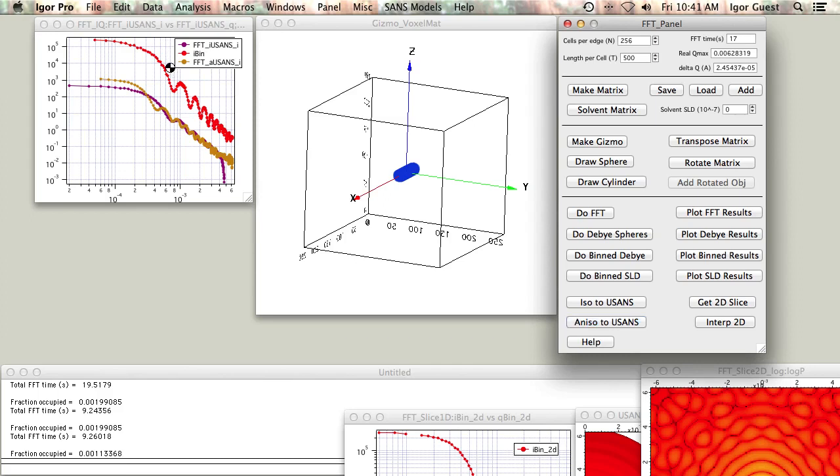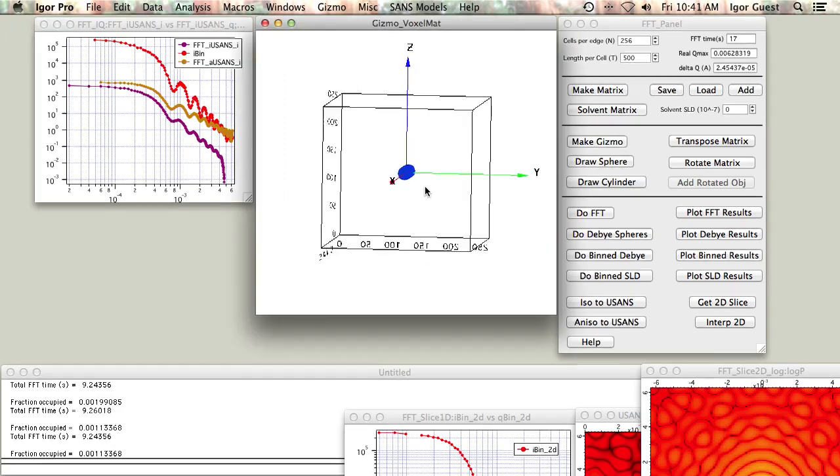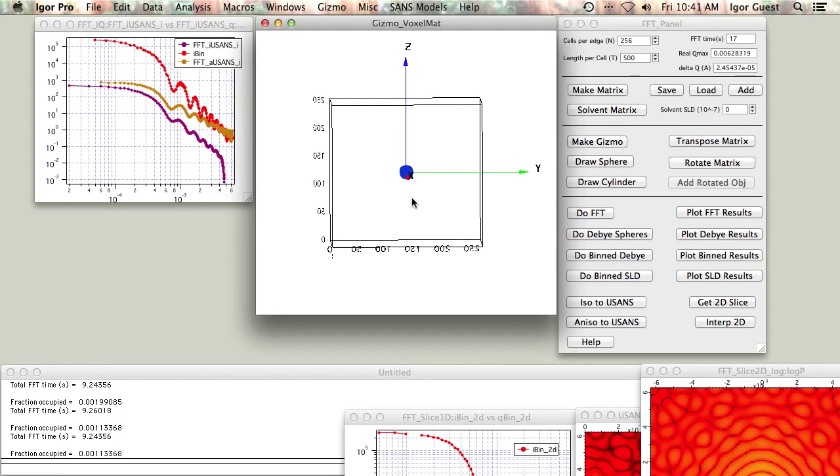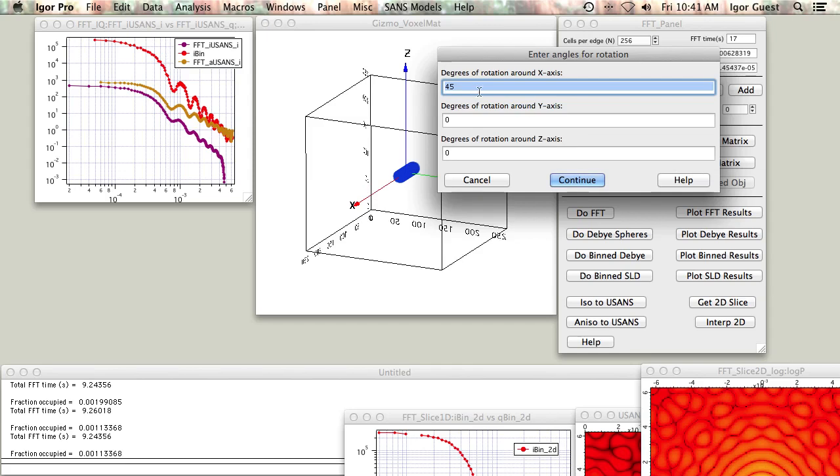it won't exactly match the isotropic case, because in this case it's only getting information about the cross-section of the cylinder. In the ZY plane, there's absolutely no information about the length of the cylinder. If we would orient the sample in some way such that at least a projection of the length was in the ZY plane, such as if we rotated it,